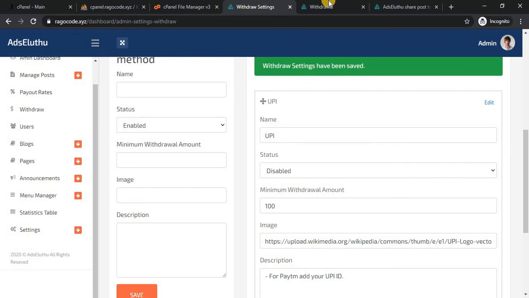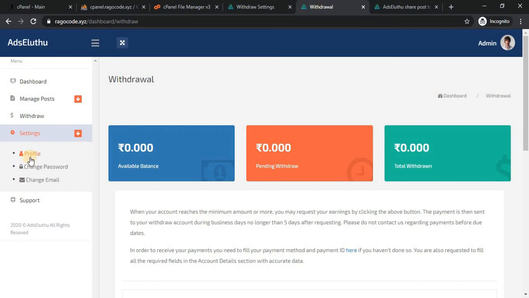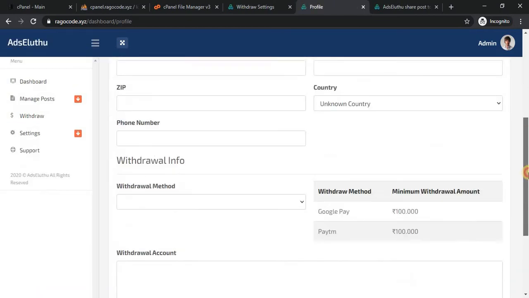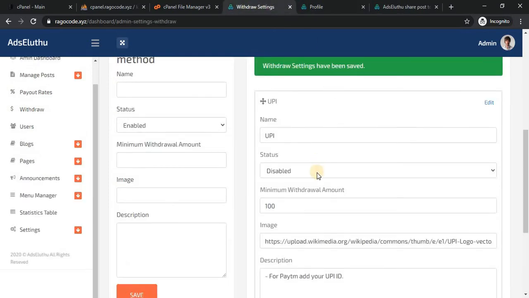If you want to display it in the profile area, you can just enable it. Otherwise, if you want to disable it, you can. And you set the minimum withdrawal of this payment method,